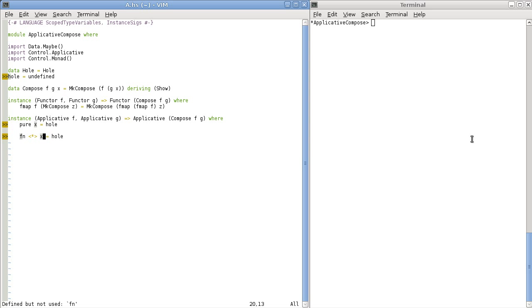Hi. So we're going to use hole-driven development to help us work out the definitions for pure and the star thing for the applicative instance of compose F G. So compose lets us make use of a wrapped value. So if you have a list of maybes like this,